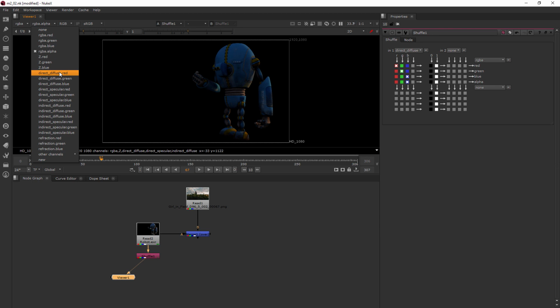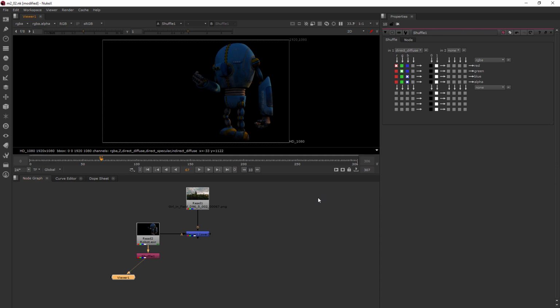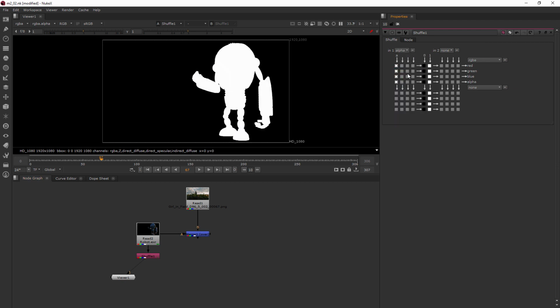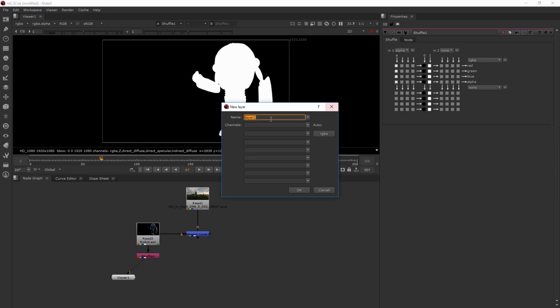Now, I want to show you how I can actually make a totally new layer out of a channel. So just to make it really simple, let's do it with our alpha. So of course I can just look at my regular alpha here, but I actually want to create a new alpha that's for the robot, because later on I might have some other alphas and I want to have one that's specifically named for the robot. So what I would do in that case to create a new layer containing the alpha channel, I would go to new and I would name it robot underscore alpha,